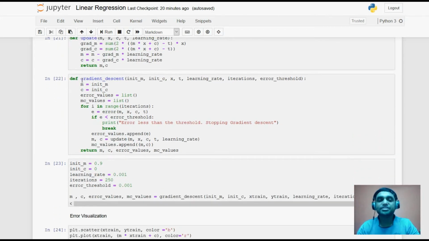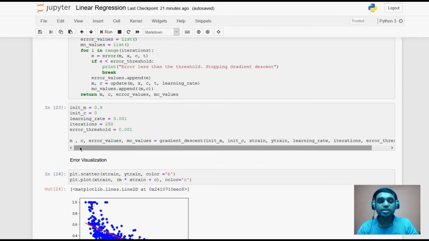Then I'm going to consider init m value 0.9, init c value 0, and learning rate 0.001. You can consider it as per your model efficiency. Thereafter I'm going to take 250 iterations, and then error threshold 0.001.